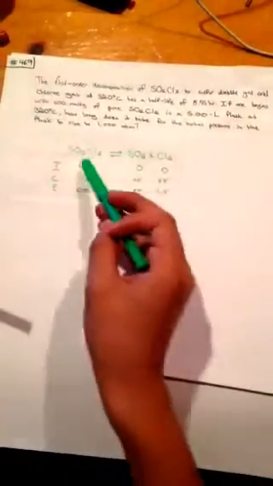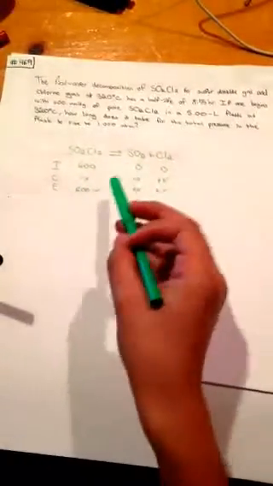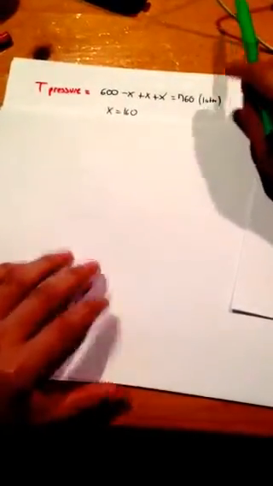For our change, it's on the reactant side, so it's minus x. On the product side, it's plus x, plus x. Then just to get our equation, it's going to be 600 minus x, x plus x on the other side. And we're going to use that to get our total pressure. Now, with that, it's actually going to be 600 plus x, and that's going to equal 760 or